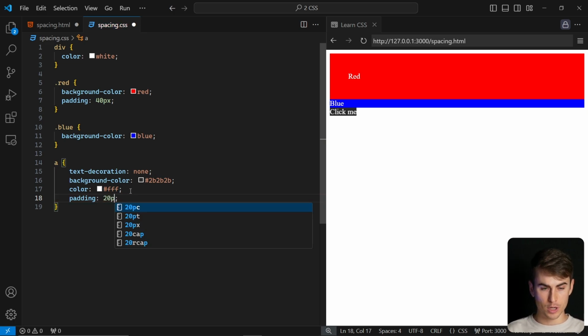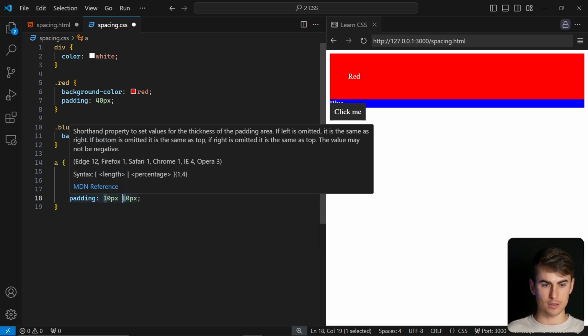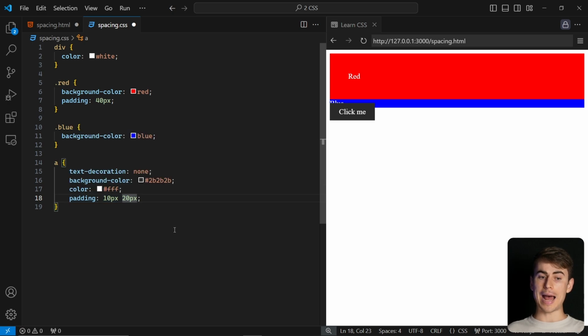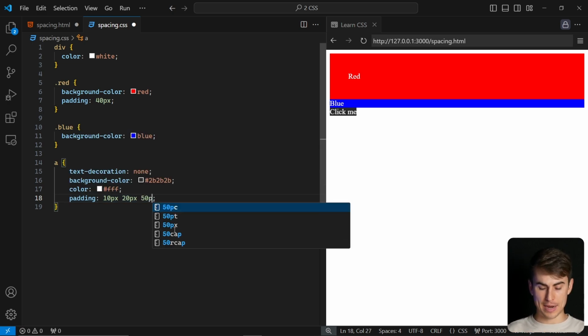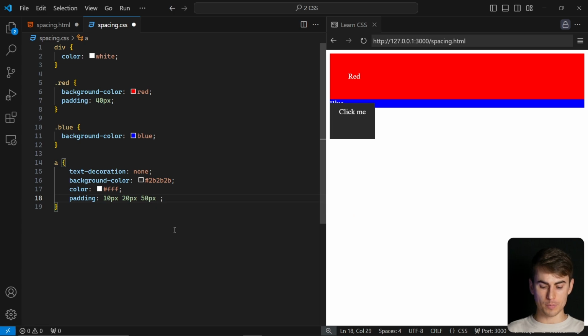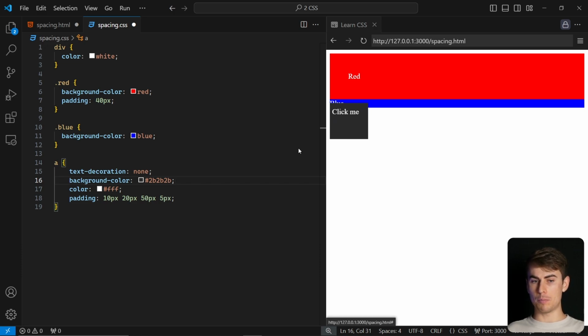So we add, for example, 20 pixels and 10 pixels, sorry, the opposite way, 10 pixels and 20 pixels, okay? When you only add two values, you are adding the vertical value and then the horizontal value. You can add 4 values to add one padding to each side. So maybe I can add here 50 pixels to the bottom and 5 pixels here. So we now have a left padding, a right padding, a top padding, and a bottom padding